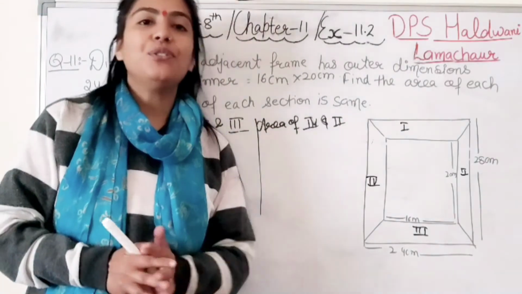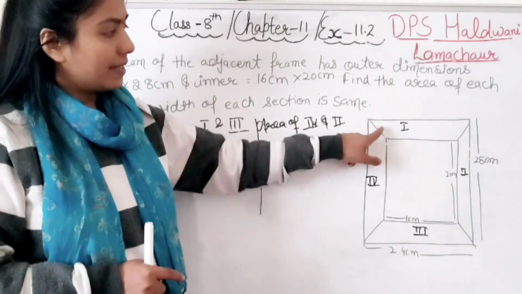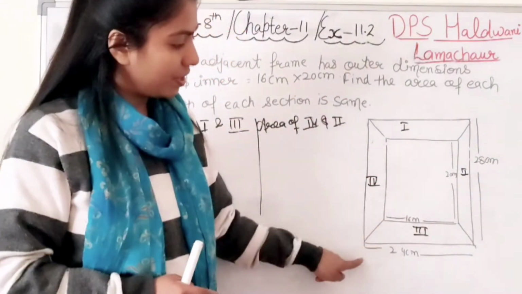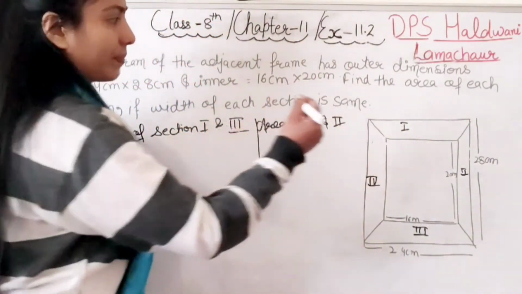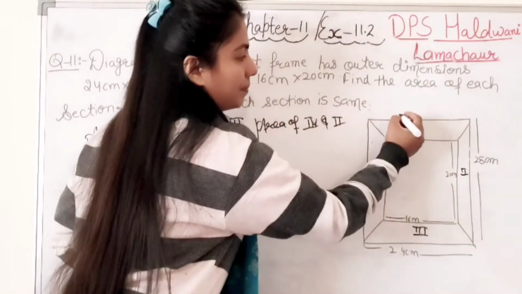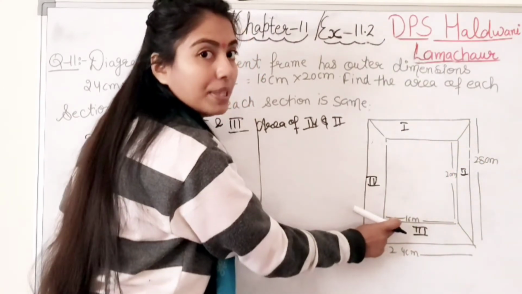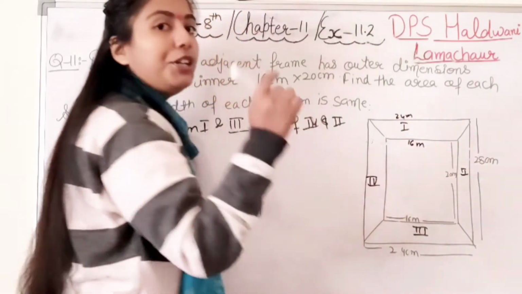Okay, so I am going to tell you for one part. Suppose for one part. Fine. A is the outer portion, student. What is A? This one. So this one will be 24. B is this one, the parallel side. So this is 16 meter, as given to you. So 24 and 16, into h.